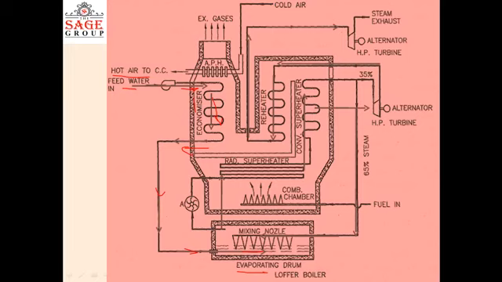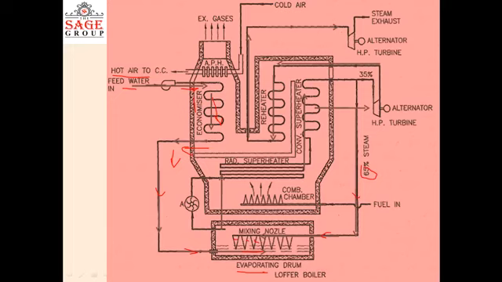Here you can see the different types of mixing nozzles. These are all the nozzles. So here the steam is coming from the superheater. This 65% part of the steam is superheated steam, and it will mix with the water coming from the economizer section. So the mixing of the water and the steam will occur here, and heat transfer will occur. Then it will evaporate the water. So this is known as the evaporating drum.